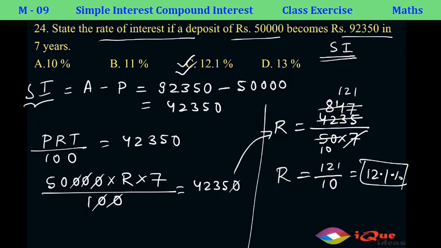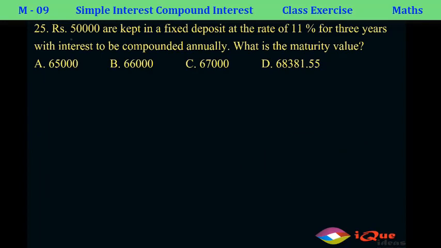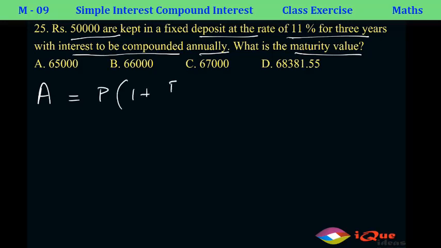Right? Now let's go to the next question. Now this question says 50,000 is kept in a fixed deposit at the rate of 11% for 3 years. What interest will be, with interest compounded annually? What is the maturity value? Right. So we need to just find the amount, which is equal to P into 1 plus R by 100